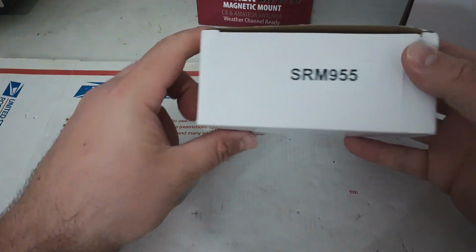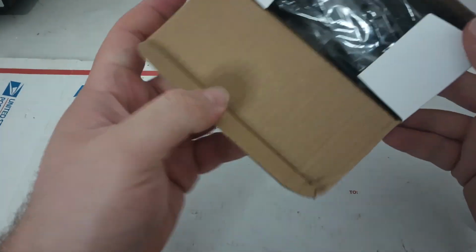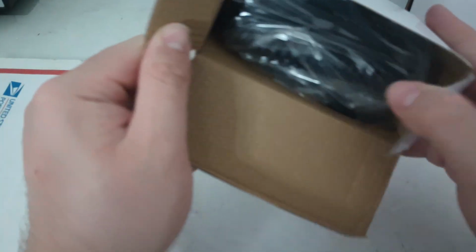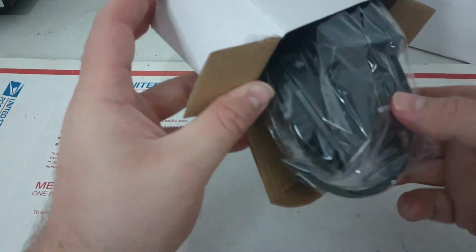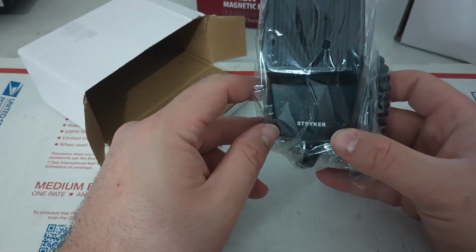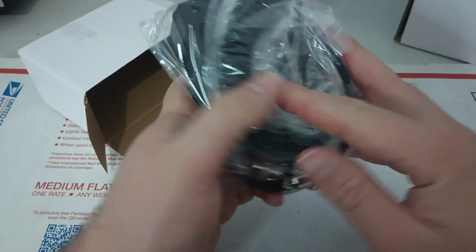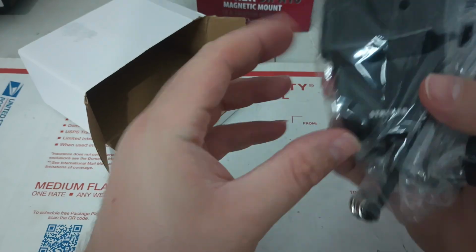Okay, now this, SRM 955. These are the Ranger stock mics. I'm going to keep carrying these, okay? There's a debate that goes on out there whether or not these things are a glorified Superstar 507 or if they sound a little bit better than one. Now, looking at them,